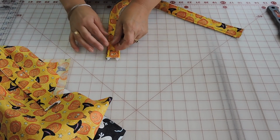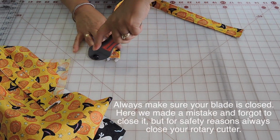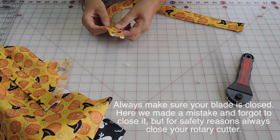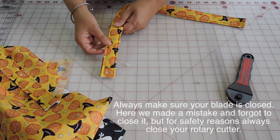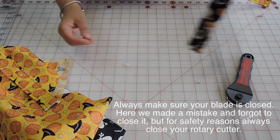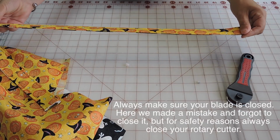Okay, so when I sewed, I end up with about 1.5 inches. And what I need, I use 2 fabrics, one for the front, one for the back. I sew them together, right sides together, and what I did, I flipped it inside out. If you want to make it more simple and you don't want to do all this work,